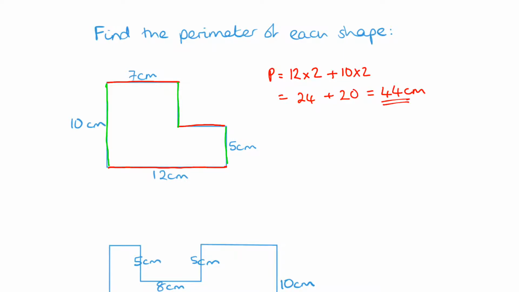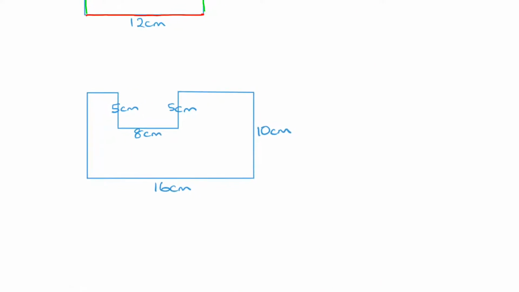Okay, and then the next one, same sort of idea. Remember that one, add that one, add that one, all together, because if I do that and move it, we can see that completes that line. So all together, those 3 red lines add up to 16, because it's the same as that one. Okay, so we've got 16 times 2,